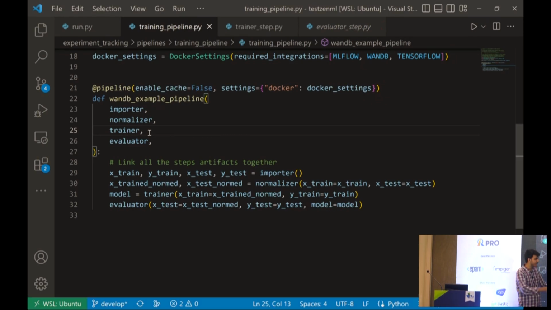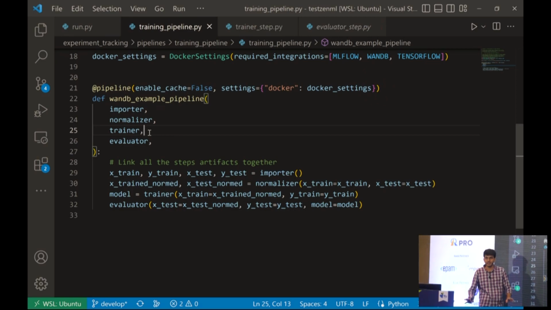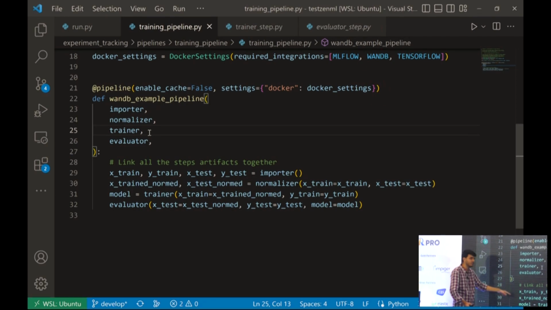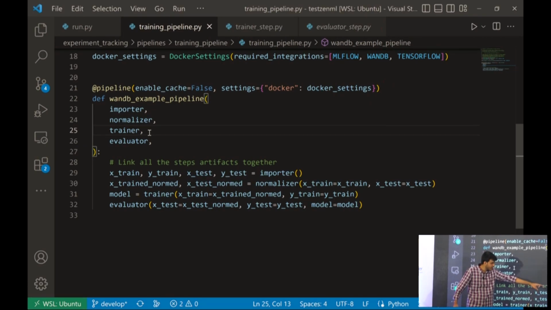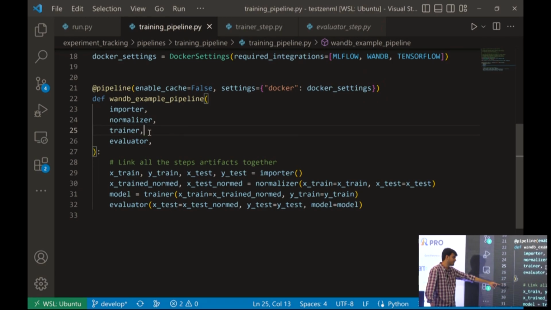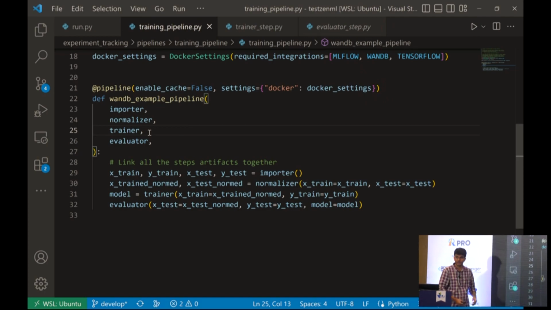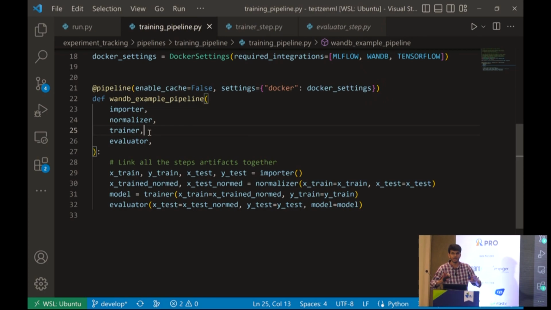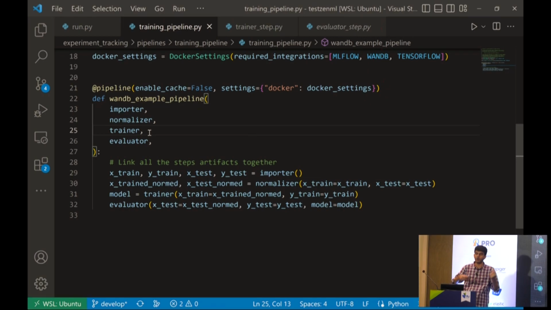And then I define the linking here. What I'm saying is, whatever the importer is, it should give me back these variables. I'm expecting that the importer gives me back these variables. Next I'm going to link these to the different steps. The normalizer takes the X train and the X test as input, and then gives out these things. I'm just linking these values together. There's no implementation at all. It's completely abstract. It's just taking these different stack components and linking the data together, basically creating a data flow diagram, so I know how data flows in this pipeline. So this is the definition of a pipeline.